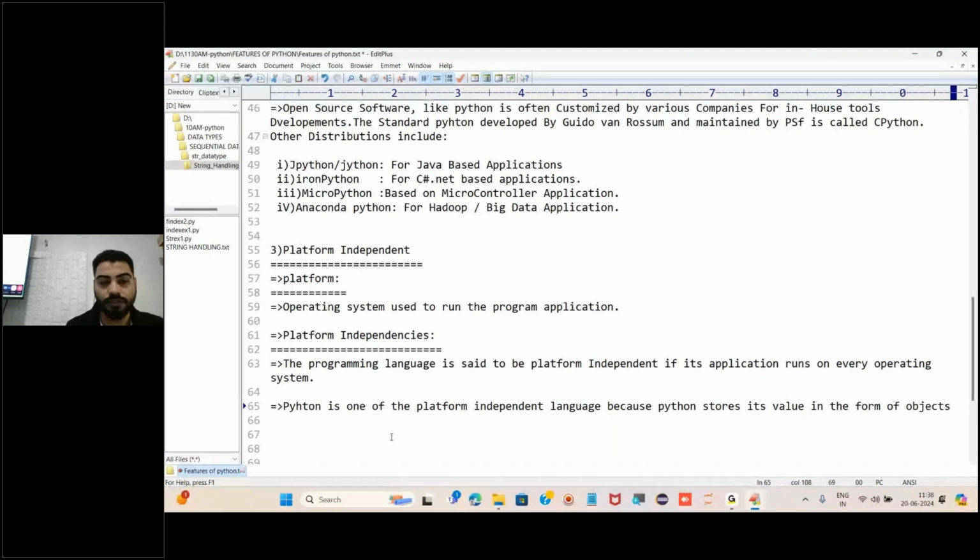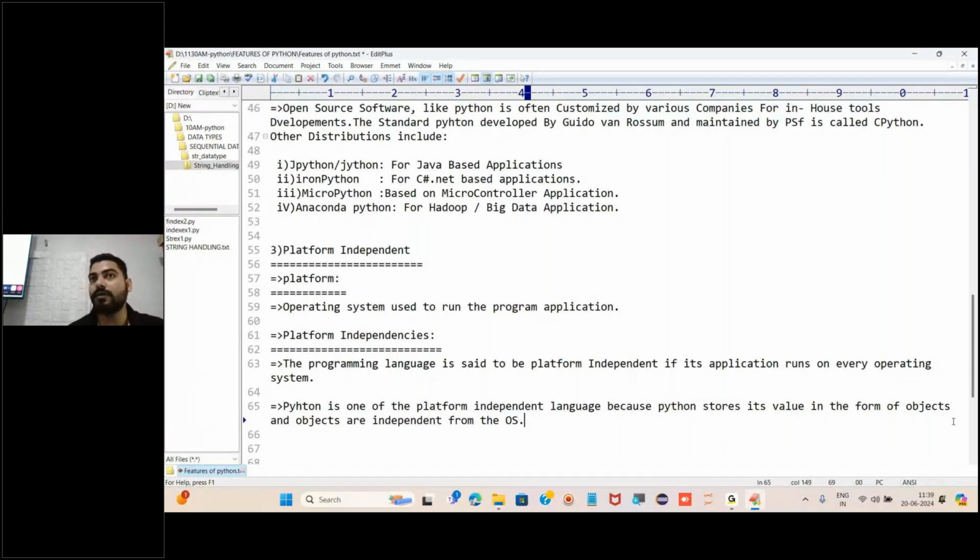Python stores its value in the form of objects, and objects are independent from the operating system. Python stores all the values in the form of objects, and objects are platform independent.